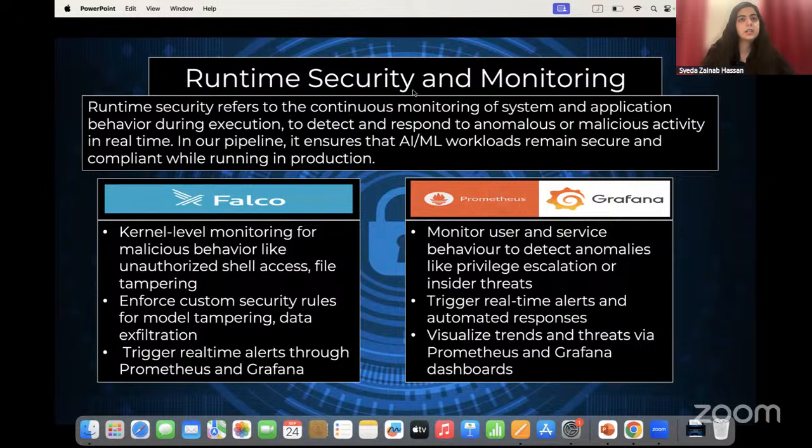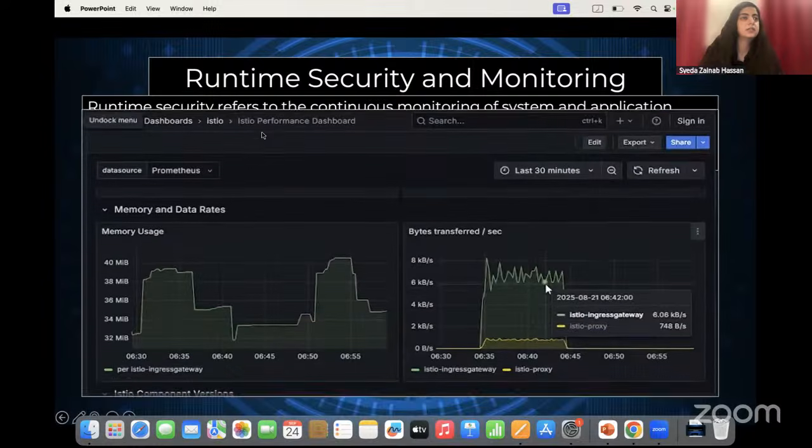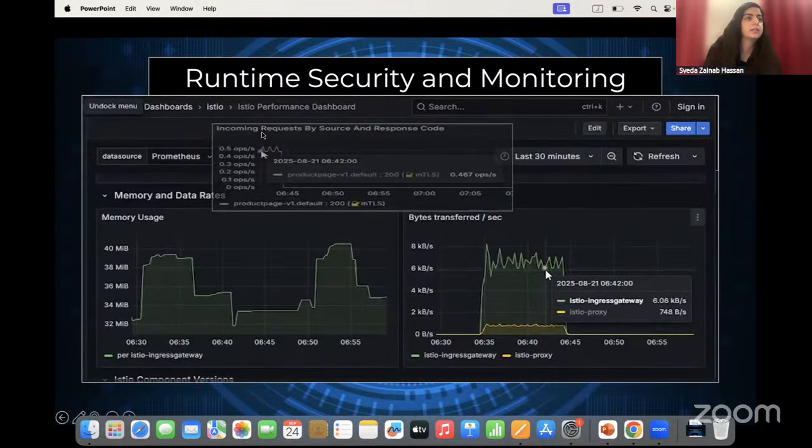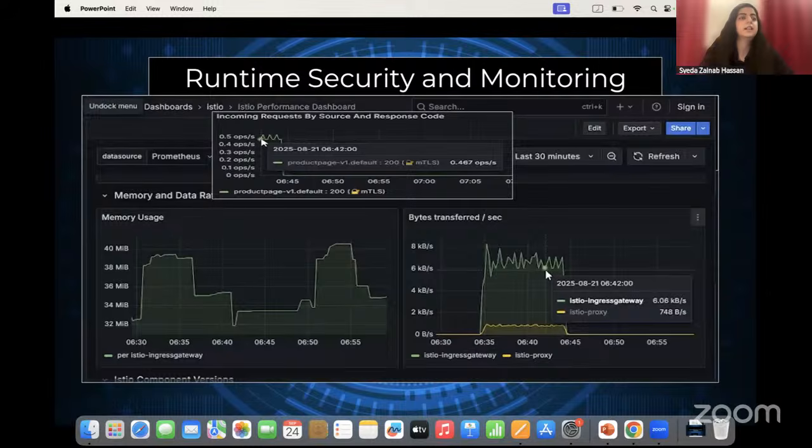Falco is especially useful for detecting unauthorized behavior inside pods, like launching a shell in a container, running a binary not part of the image, or accessing sensitive files. For example, if an attacker managed to execute a shell inside an ML Model 7 pod, Falco would raise an alert. While I explained the integration of Falco with our observability tools, this is our Grafana dashboard with MTLS and